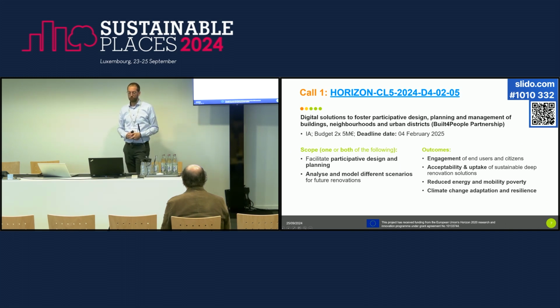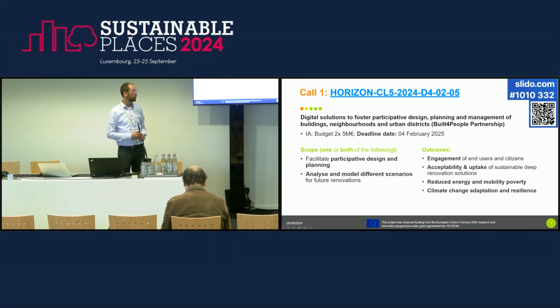Scope here is to facilitate participative design and planning. So this is something that really matches the energy efficiency challenge that was mentioned already earlier today, because it involves the actual end users at a very early stage when we are designing still. And it tries to also work in solutions that match some of the tools that have been described today, and some of the solutions that were developed by SmartSPIN. So we want to analyze and model different scenarios for future renovations, and then the outcome